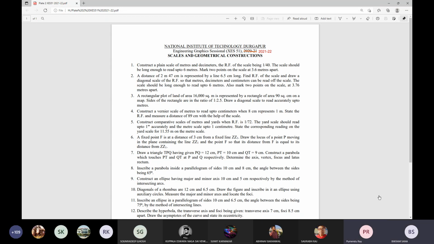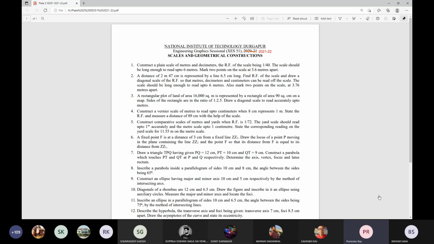Things will be the same. We can show the length or the breadth, anything, if we just show it in calculation. The size of the rectangle for 90 square centimeter is 6 centimeter by 15 centimeter. The size of the actual filled rectangle is 80 meter by 200 meter. So the RF is 6 centimeter by 80 meter, or 15 centimeter by 200 meter.